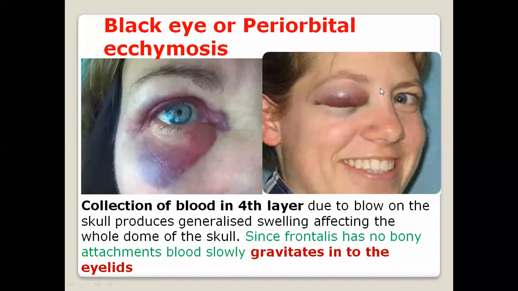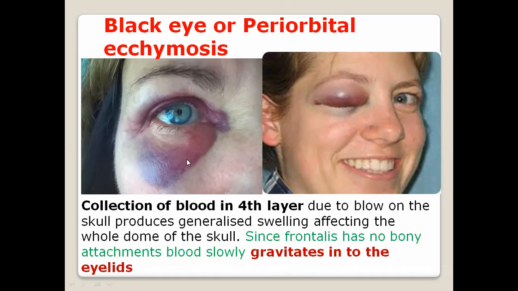Since the frontalis muscle has no bony attachment here, the blood will slowly gravitate into the eyelid and it looks like a black eye. This condition is called periorbital ecchymosis. This usually subsides spontaneously. No treatment is necessary, you only have to do some ice fomentation.